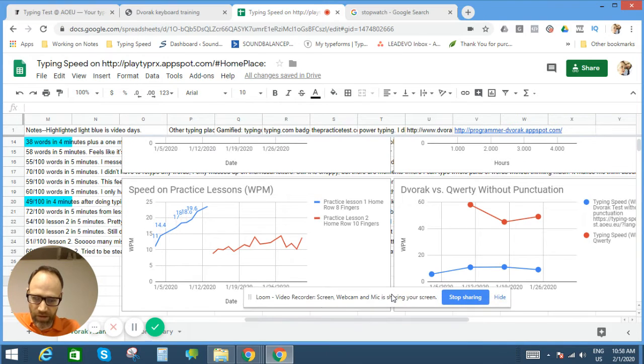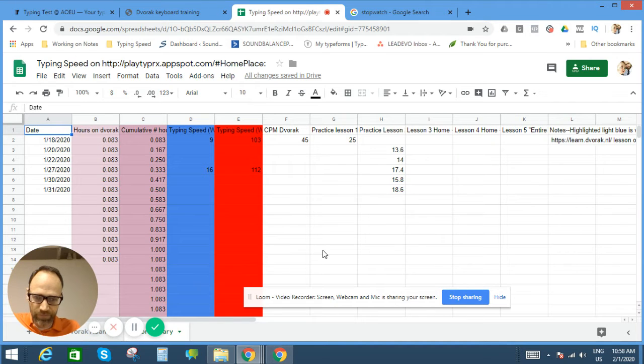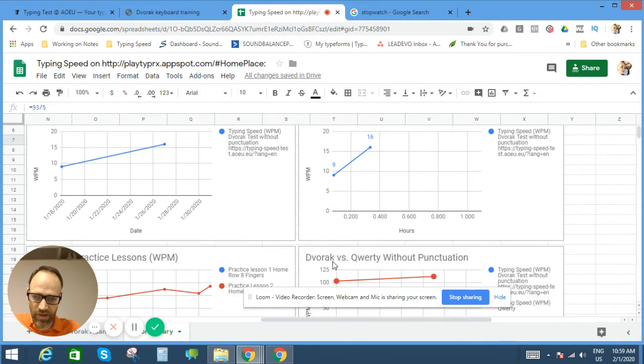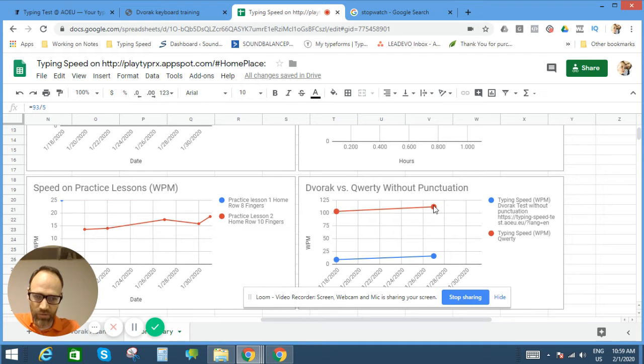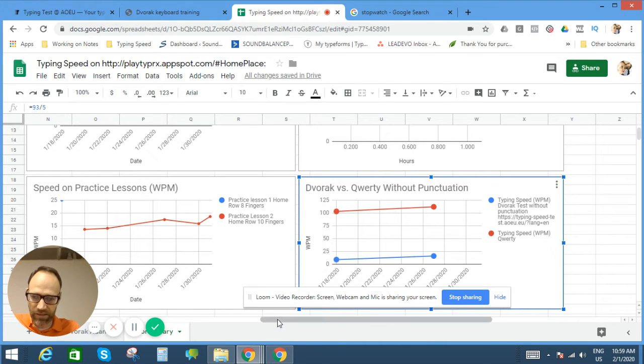Now, my wife also started working on this training, and she is doing it less often and improving much faster. As you can see, she's probably going to pass lesson 2 next time, and she passed lesson 1 on her first try. She also started out as a better typer than me at over 100 words per minute, 112 here, and her Dvorak speed has gone from 9 up to 16, whereas mine over here, let's move me out of the way,